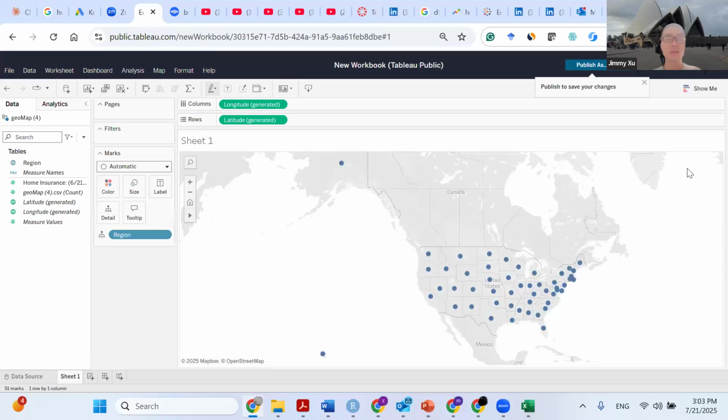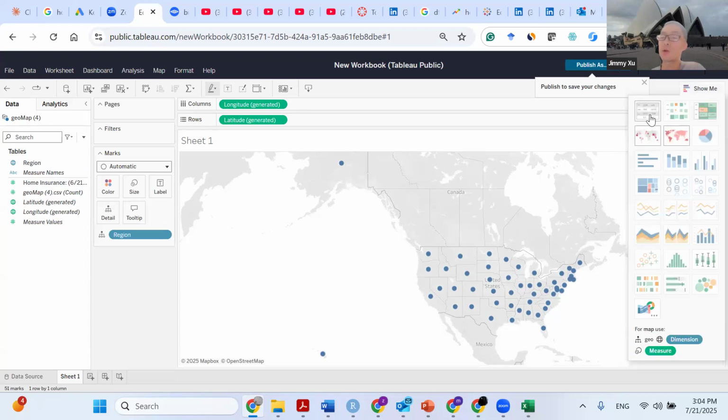So now, this is not ready because we see the locations. We still need to make sure we add one more layer of information, which will be home insurance search volume. Okay. So now, a little trick I do here is usually click Show Me. I think here we have first row, second row. For the second row,